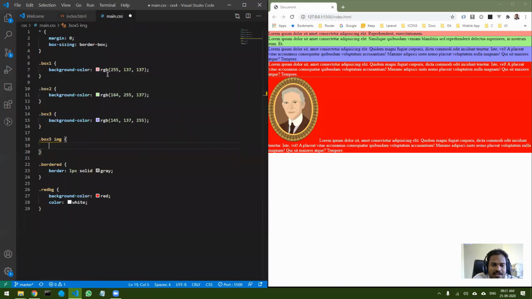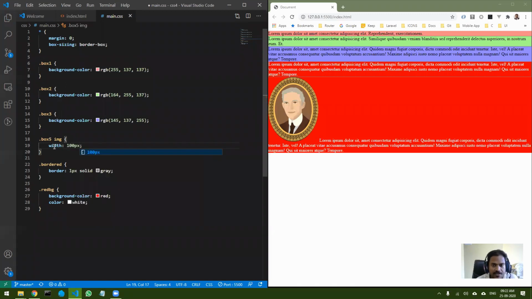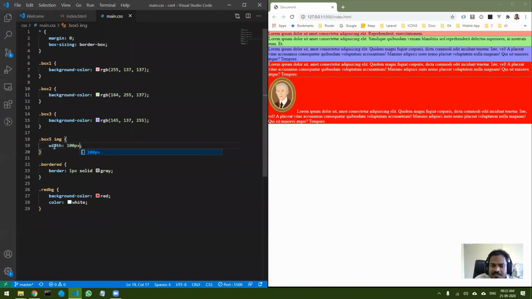So how to get to that? I will select box 5, and inside that just add a space and type img. That will select the image, not the box 5. Now I can set the width, it is width, and you can set the size, let's say 100 pixels. If you save it, this is the size of the image.